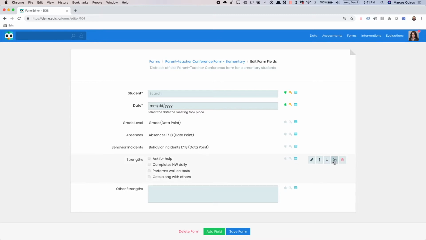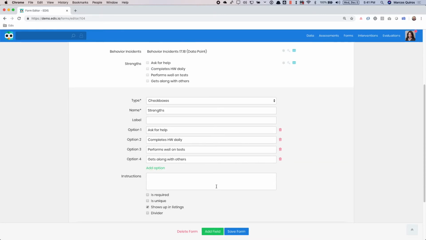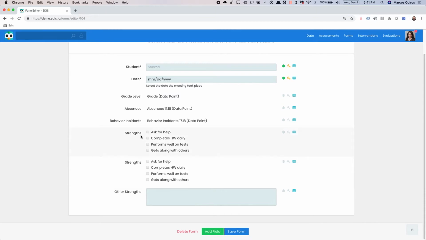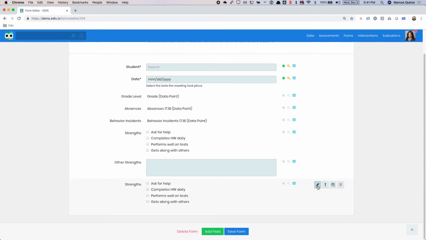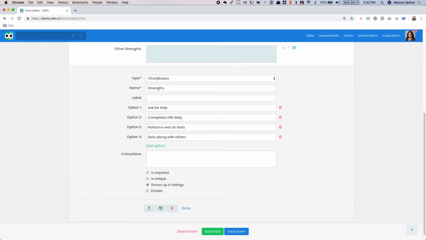So I can just go ahead and click on duplicate. And if I click here, done, if you see here, it duplicates the student, the field for me. So I can now move it down and edit it. If I edit it, I can go ahead and say, you know what, instead of a strength, this is going